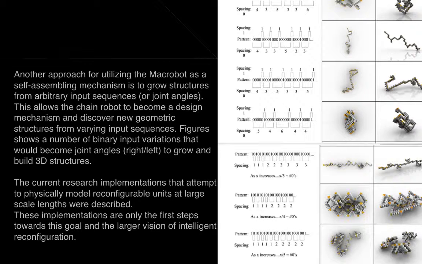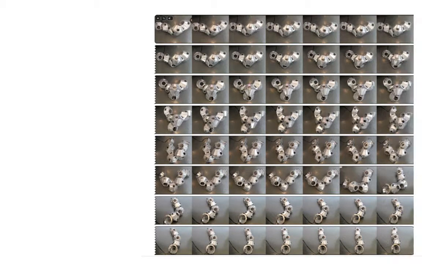This allows the chain robot to become mechanism and discover new geometric structure from varying the input sequences. So here there's exploration in a sense by exploring different consequences of different patterns and spacing of the units. Here we can see the catalog page of possible assemblies exploring the system. And here is finally